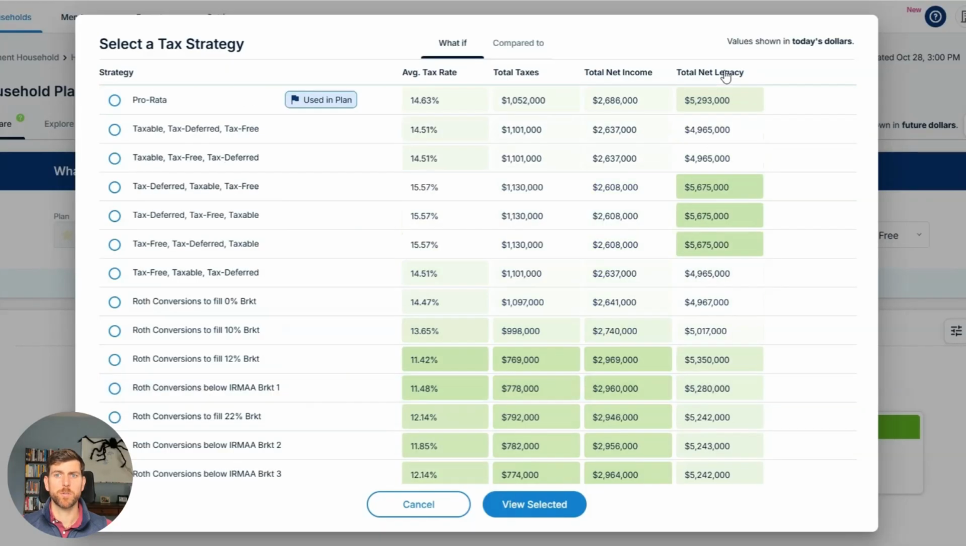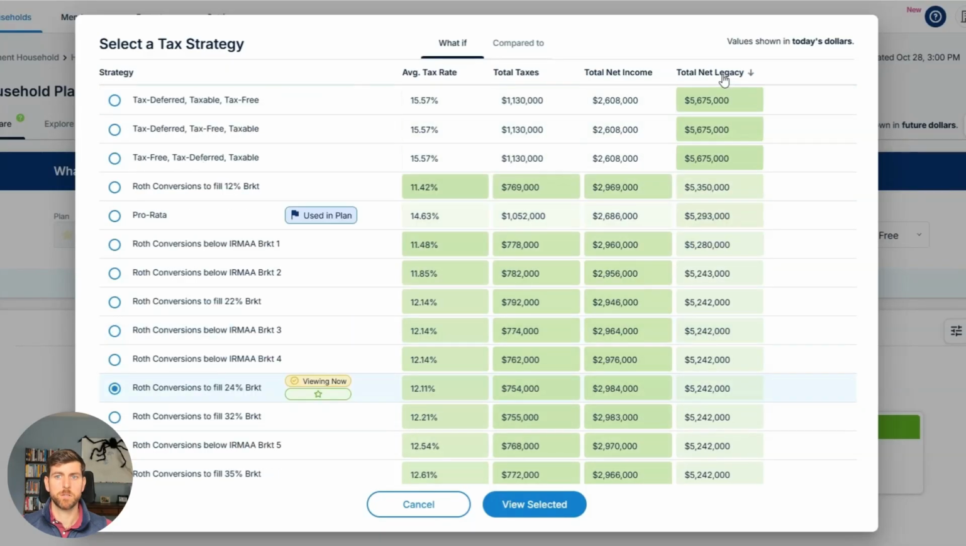So if we were to rank these from best to worst, that would actually be the ideal situation for these folks, where if they exhaust all of the tax-deferred accounts and then move on to the taxable and finally move through the Roth, their total net legacy will be just under $5.7 million. So that's going to mean, while they're enjoying the paycheck I showed you before, they're going to die with that